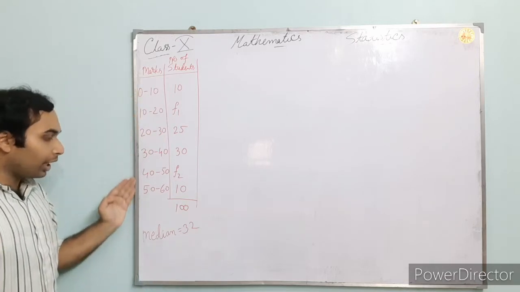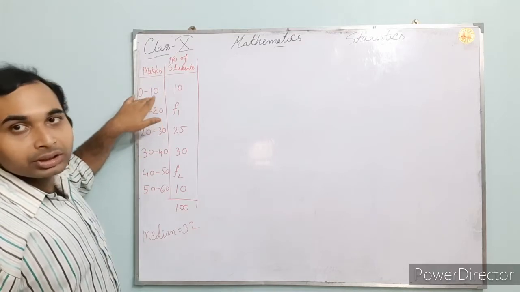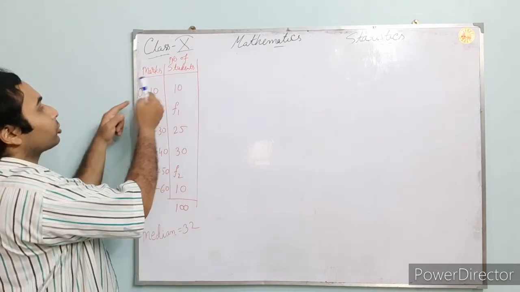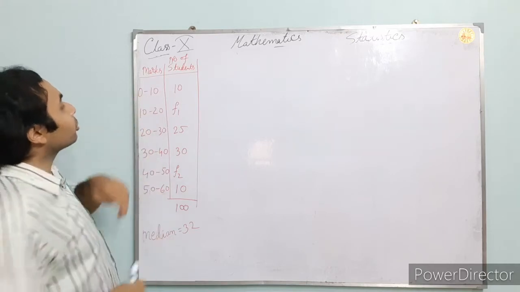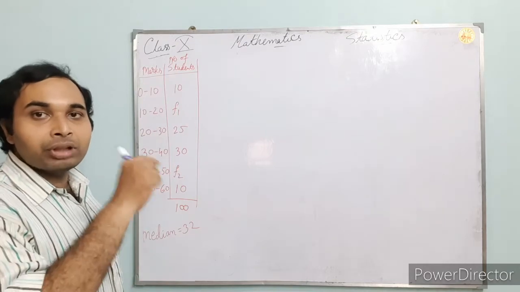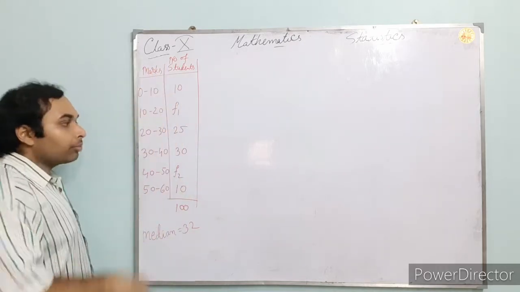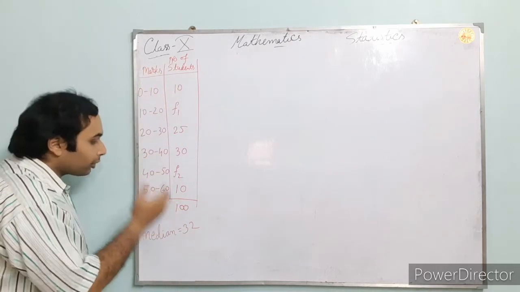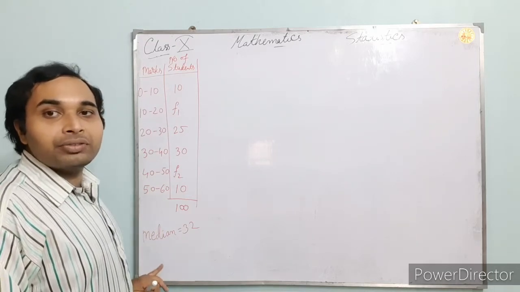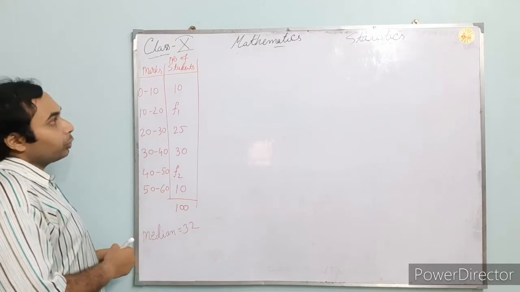Here just see some class intervals are given, and those are actually the marks, the ranges of the marks 0 to 10, 10 to 20, 20 to 30 and so on. And here the number of students, that is 10 students, have got the marks between 0 to 10. Here just see f1 and f2, those two missing frequencies are there, and you have to find them. Here another 2 pieces of information are given. One is the total frequency, summation fi, which is 100, and another is the median, which is given as 32. So let us find f1 and f2.